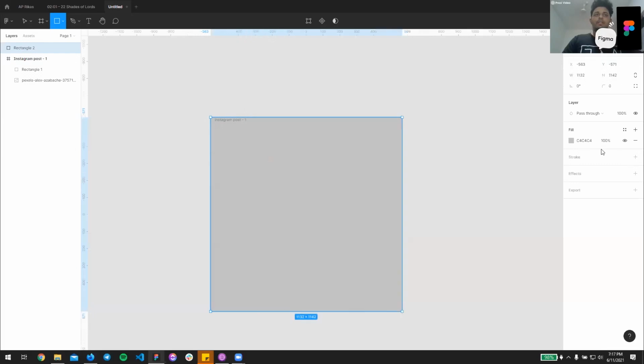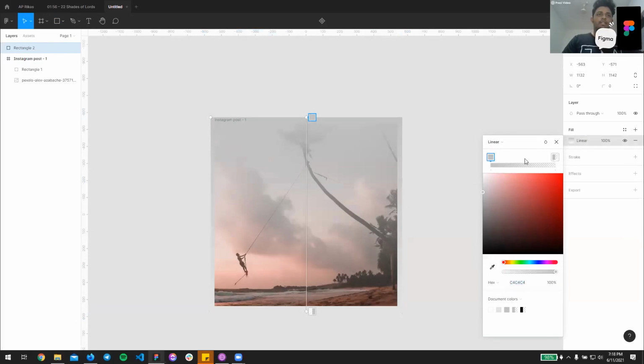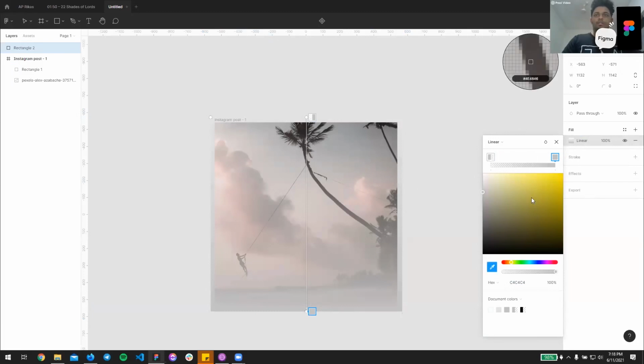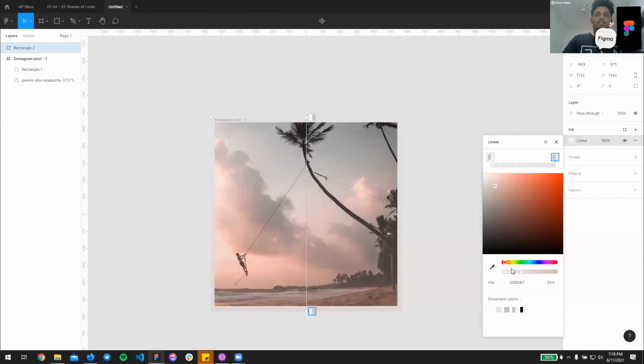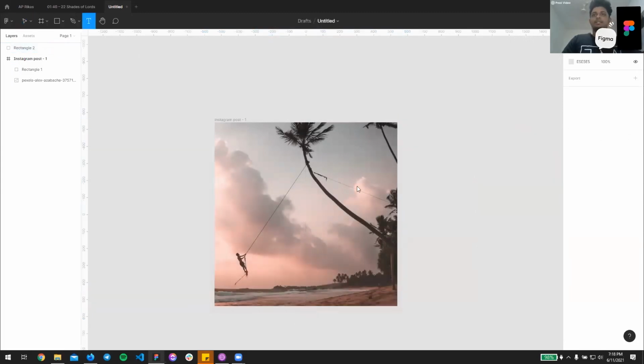Before that, I need to add a box and go to section, not solid, it's a linear thing. Change the gradient type, and I'm adding, you can select a color also here, color, and opacity here. Okay, and you can add the text,